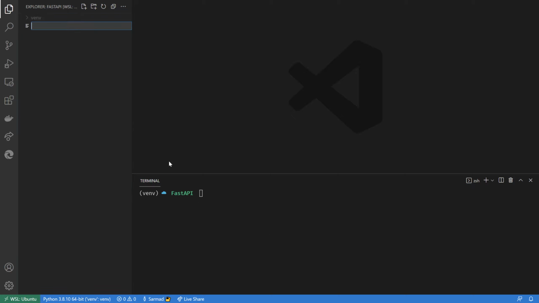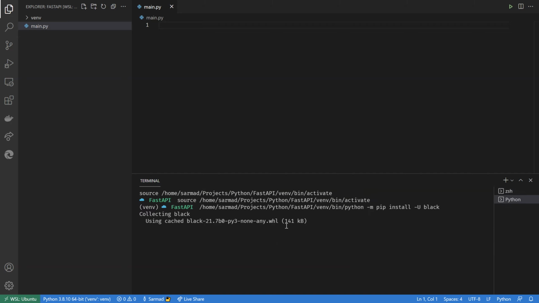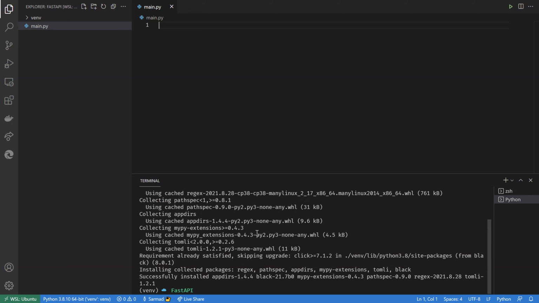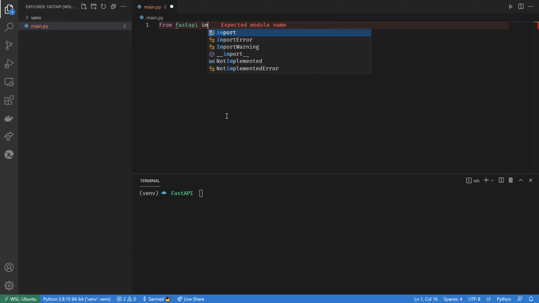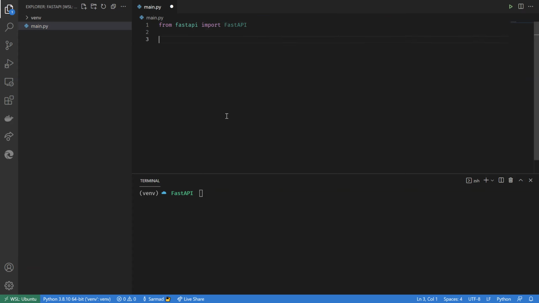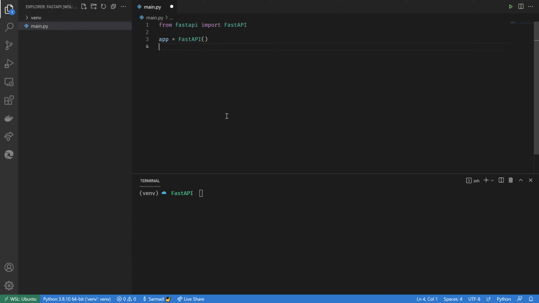you'll have to create a script called main.py. So just give me a minute, I can install the formatter here. Alright, so then we have to import the FastAPI class. We can do that as follows. So from FastAPI import FastAPI, and then we have to create an instance which we usually call app. So we can do it like this, and